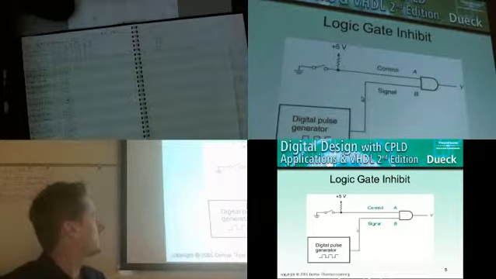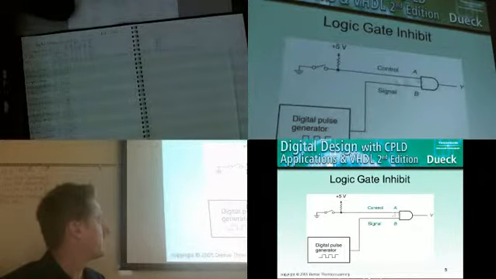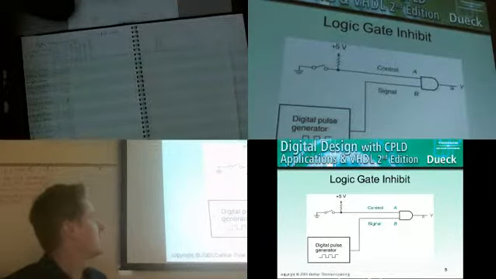So a practical circuit for this would be to have a pull-up resistor with a switch. When the switch is open, of course, this is pulled up to 5 volts, which is logic 1. And the pulse generator is here, so you're going to get a pulse on the output Y. However, when you close the switch,